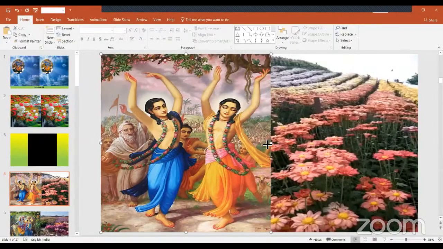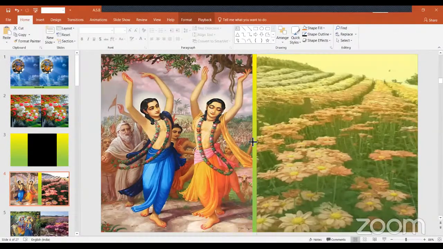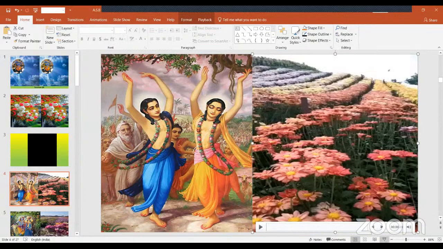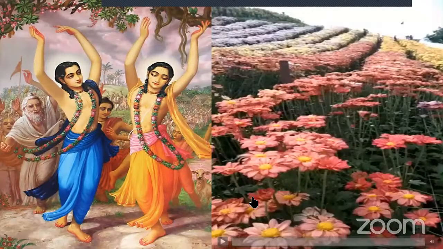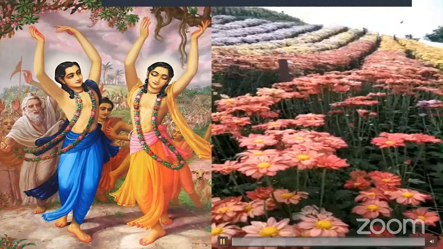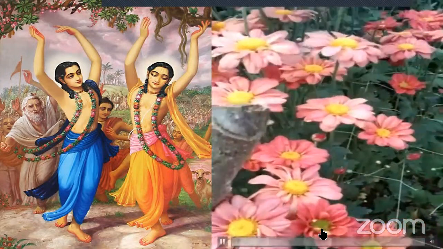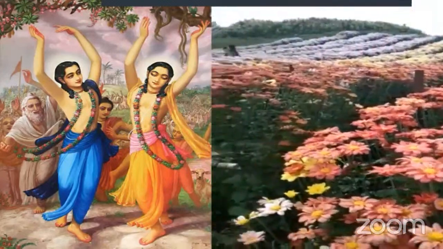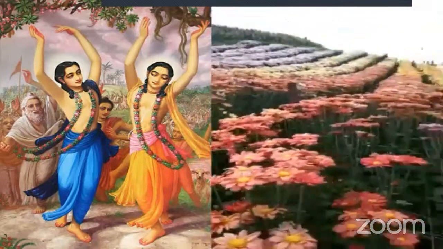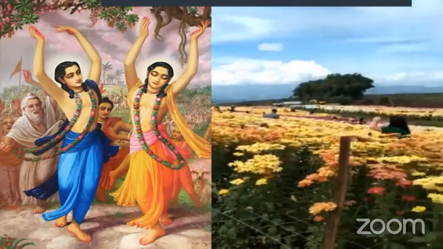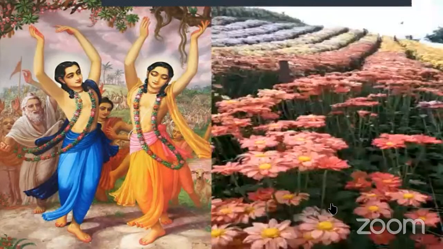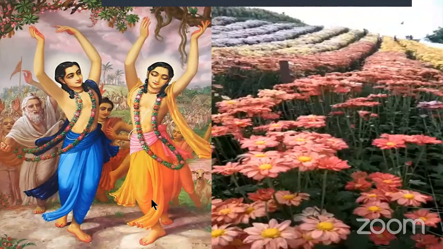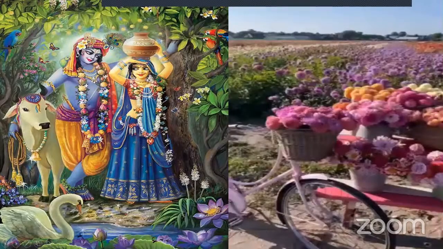For Gauranitai, we have a beautiful garden. Now we'll enter into the garden and see what is there. So for Gauranitai, you just bring one big basket, that's all. We are entering the garden. Okay, so there are so many flowers. You can pluck them and you can offer them for Gauranitai. And then for Radha and Krishna, we have